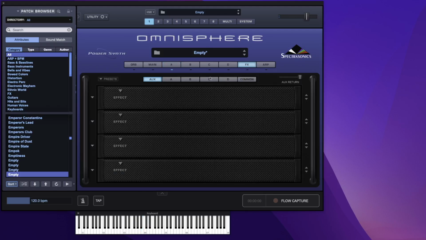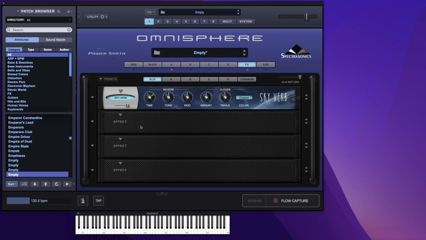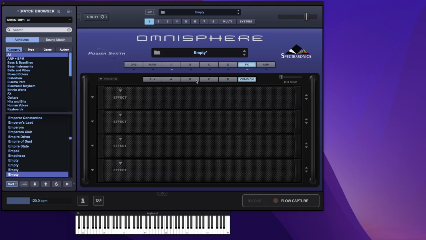Right, what I'm going to do, I'm not going to add any effects to channels A, B, C, D or common. I'm going to put them all in the auxiliary channel, the aux area. So I want to go to Sonic Extensions, Sky Verb, and if I play, nothing happens, because to actually get the effect from the auxiliary channel, you need to go into Common or any